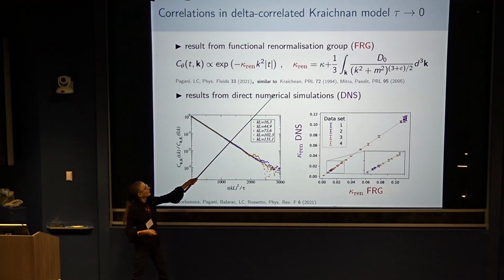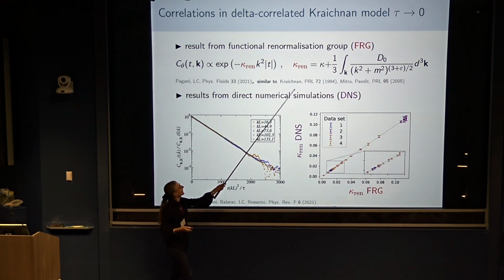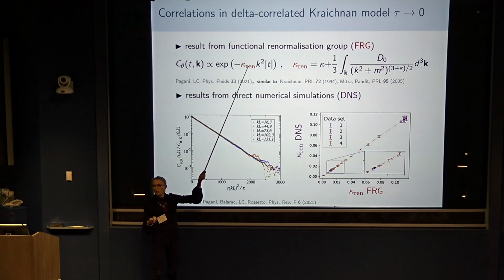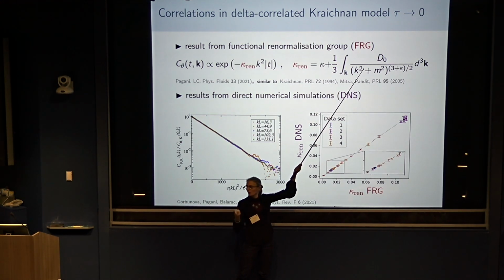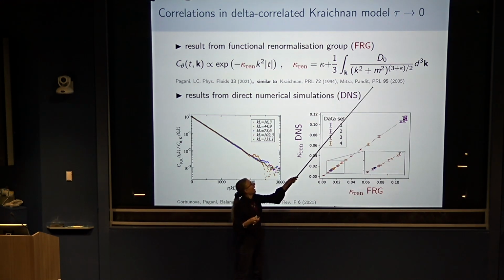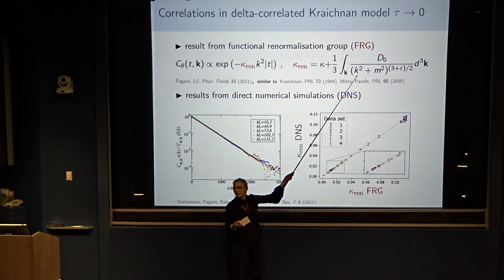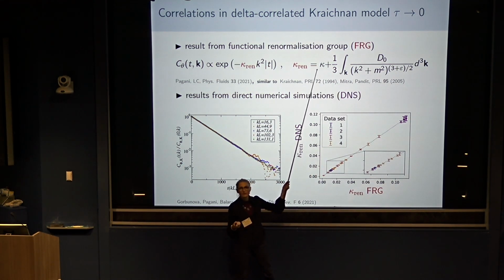And in this case, in fact, this model can be solved by many other means. So it's a similar result to those obtained before. And not only do you have the decay, but in this case, you can compute explicitly the amplitude in terms of the property of your carrier fluid, okay? And within many simulations, varying the property of the velocity field, so you can vary the Hölder exponent, its amplitude, the diffusivity of the scalar.